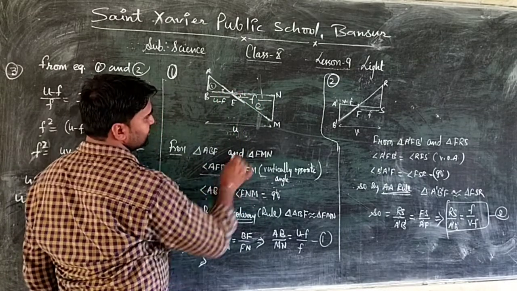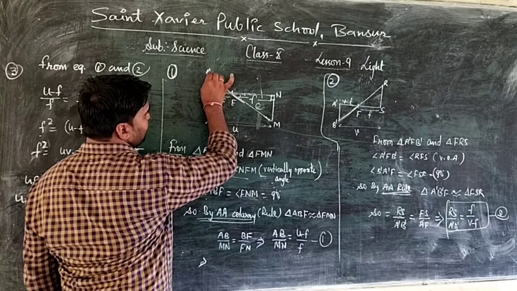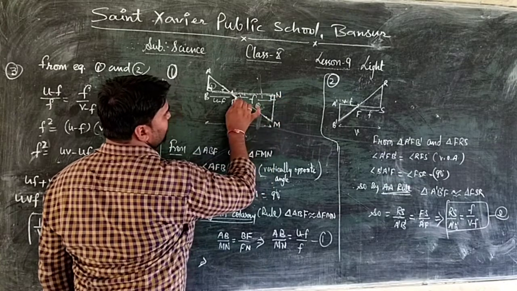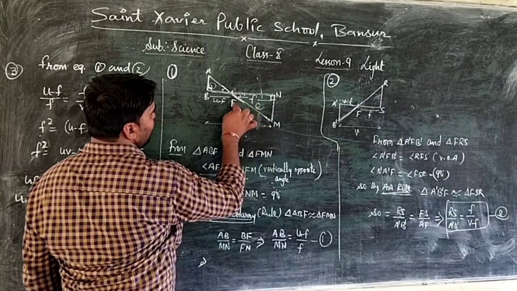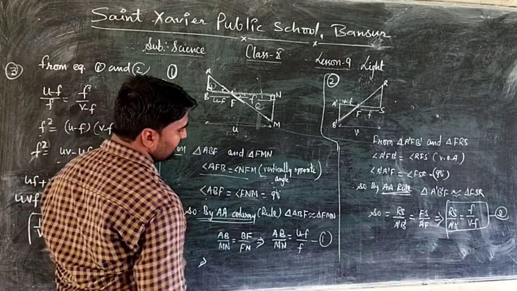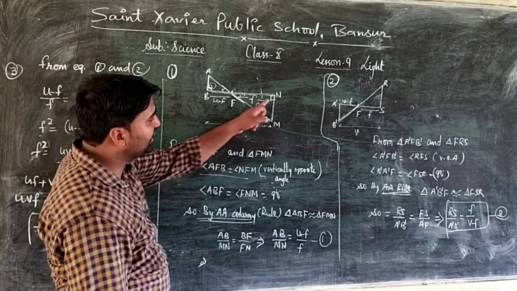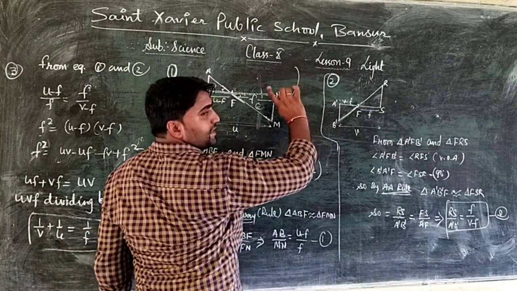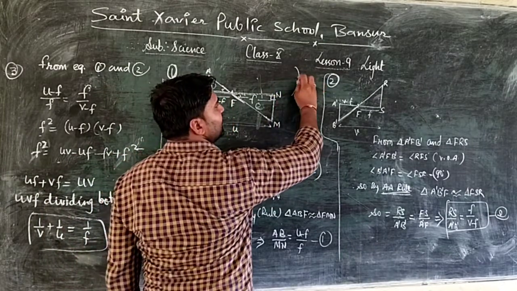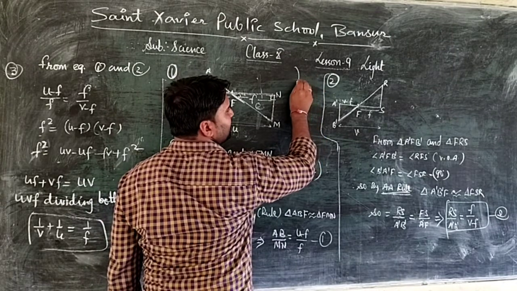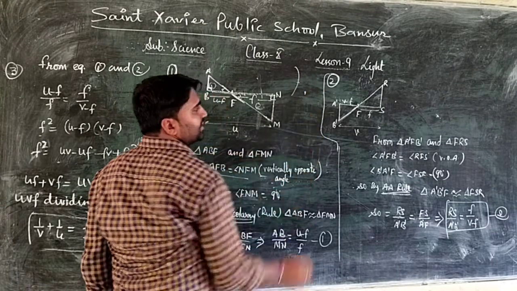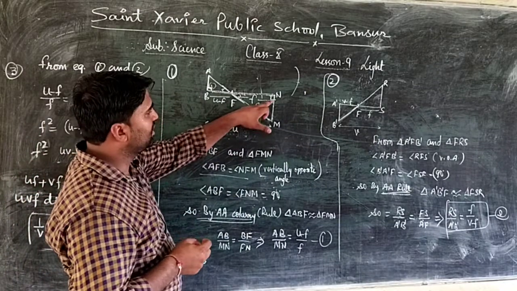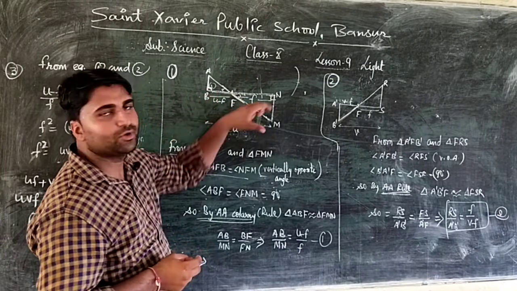Second, you can see this angle and this angle. In this triangle this angle, and in this triangle this one, named F and M and F, B, A. Both are equal because both are 90 degrees. Where is it coming from? You are seeing this mirror as a curved shape, but we are taking only a small part of this, a little part like this. At that time it will be straight when we take a little part of it. So at that time both angles will be 90 degrees.